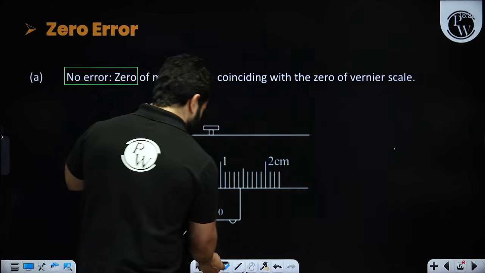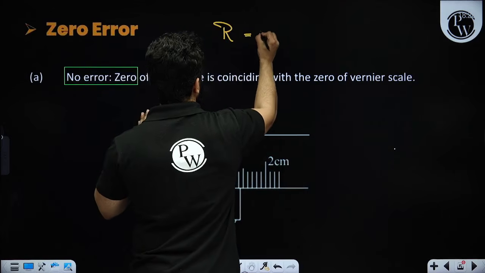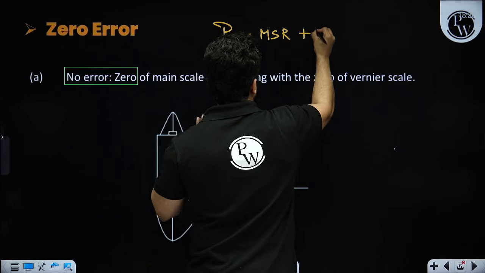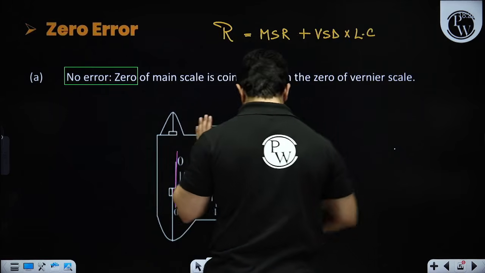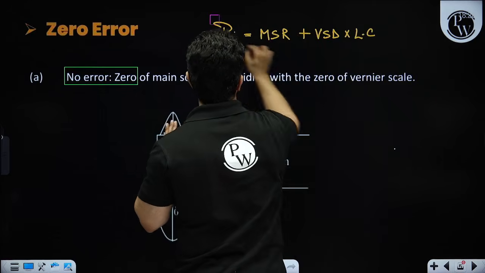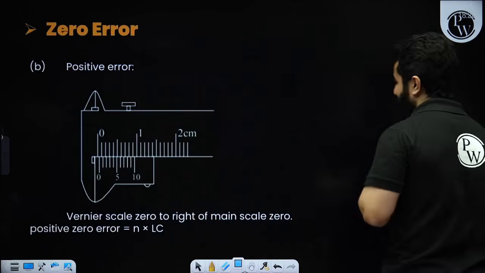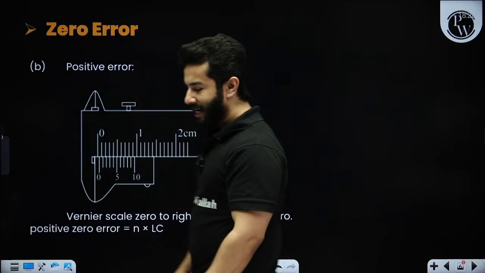If you want to give the reading of this Vernier caliper, in that case the reading will be simply equal to main scale reading plus Vernier scale division multiplied by least count, and now we know how to find the least count, right? So this is the answer. There is no zero error. The next point is about positive zero error. Positive zero error basically means that you have